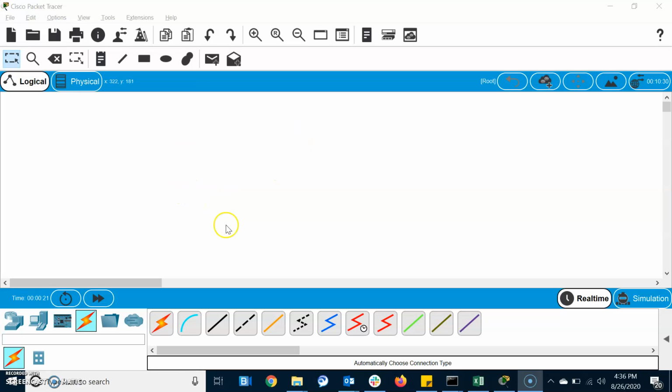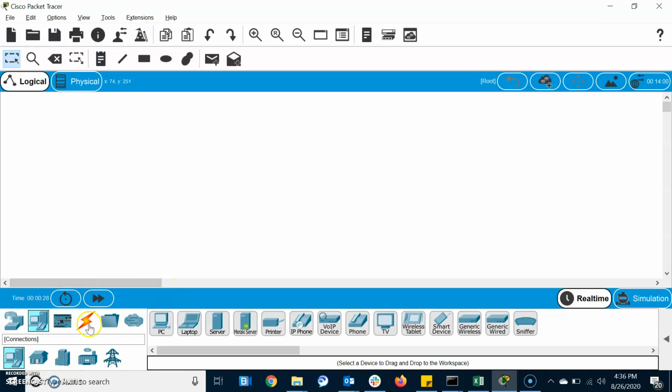Today I'm going to show how to configure a multi-layer switch. So this is a packet trace I open. I'm going to drag the switch, right? So we'll configure one multi-layer switch here. So let us go to the switch here, and